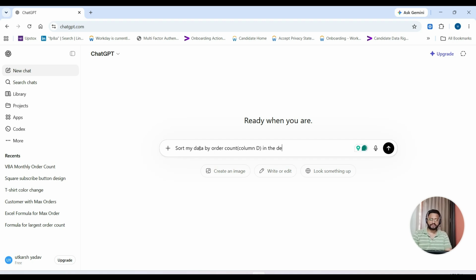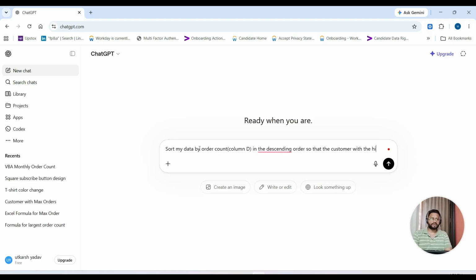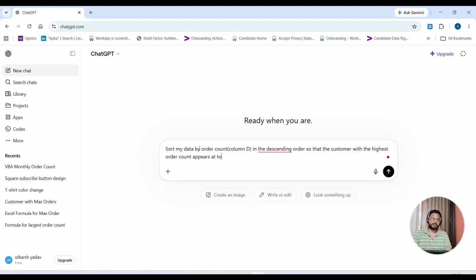in descending order, so that the customer with the highest order count appears at top. I don't need to give this much clarity. I can just give till here as well, descending order, but just to show you, it's always better to give more clarity. So I'll just write here,